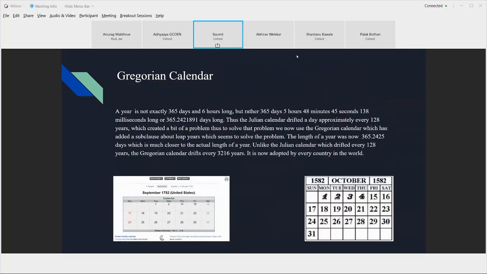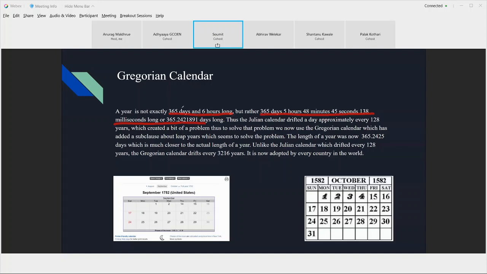So the Gregorian calendar. The calendar that we now use is called the Gregorian calendar. The Julian calendar said that the length of a year was 365 days and 6 hours, which is 0.25 days. But it was actually not that. I wouldn't say it was a calculation mistake. I think it was more that they did not have the capacity to calculate more precisely. So the more precise calculation would be this number. Yeah, it is pretty long.